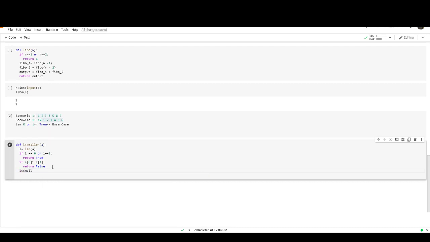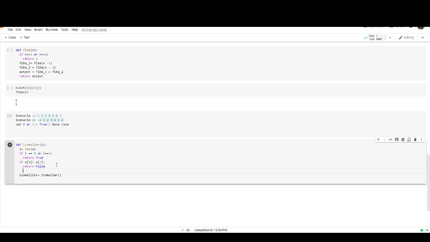Suppose I want to write a variable. We want to call recursion here. How can we call recursion? Let's suppose I give ret equal to is_smaller of a from index 1 and above.